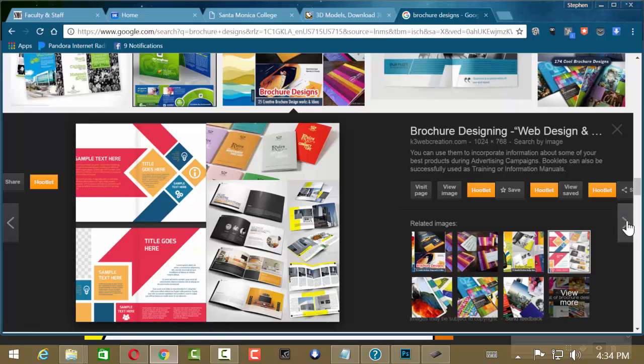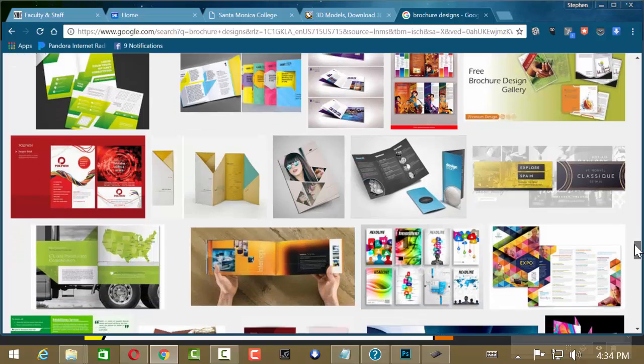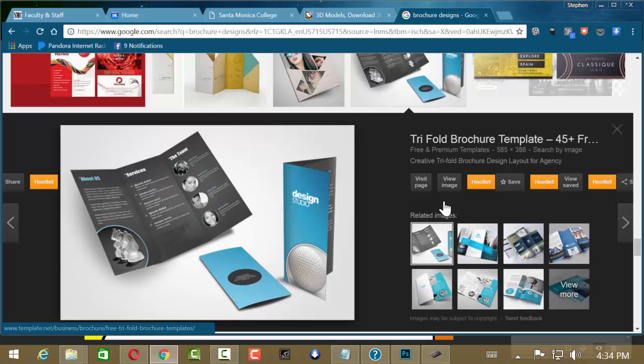Now, the product you're going to use is going to be a 3D object. It is actually a very common situation now that a client is going to hand you a 3D object that represents their 3D product, and they're going to want you to create a brochure from it. Maybe the front cover of the brochure, maybe they're going to have you do the entire brochure or the interior. That's the client's option. Now for your homework, I just want you to do the front cover of the brochure